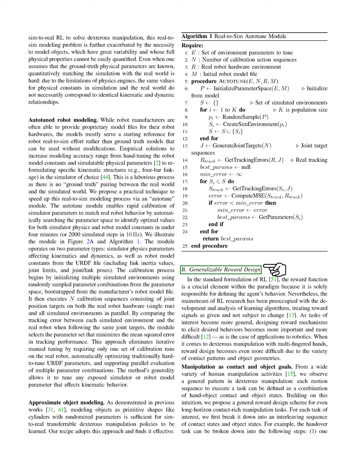Section: Generalizable Reward Design. In this section, we discuss generalizable reward design in reinforcement learning (RL). The reward function is essential as it shapes the agent's behavior. However, much of the current RL research has focused on developing learning algorithms while treating reward signals as fixed. As we tackle more complex tasks, especially in robotics, designing effective reward mechanisms becomes increasingly important and challenging. For dexterous manipulation with multi-fingered hands, the variety of contact patterns and object shapes complicates reward design.